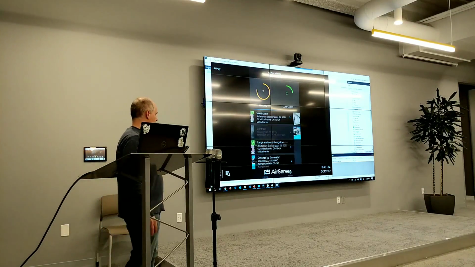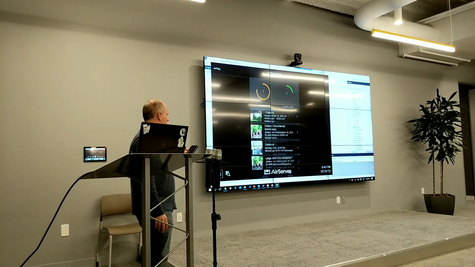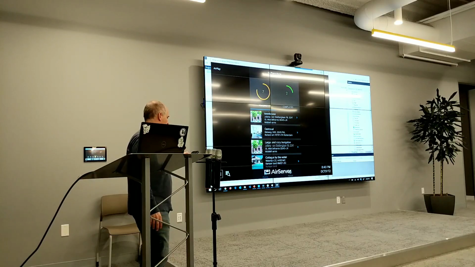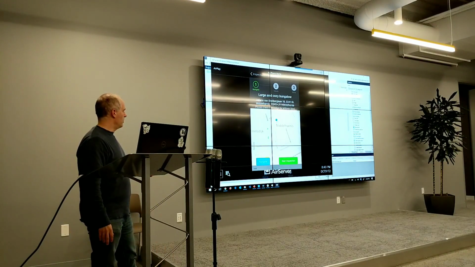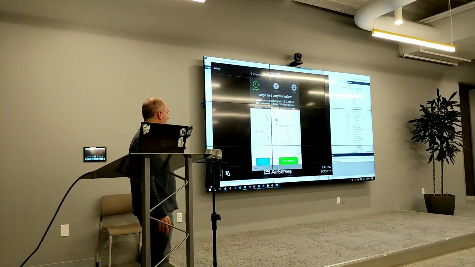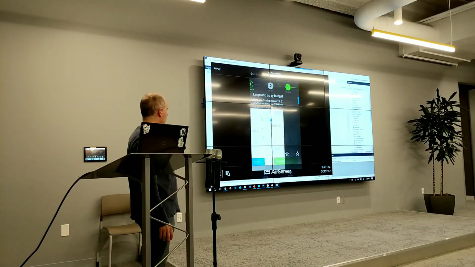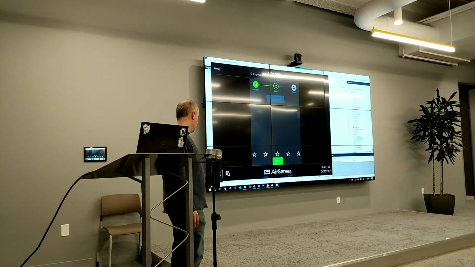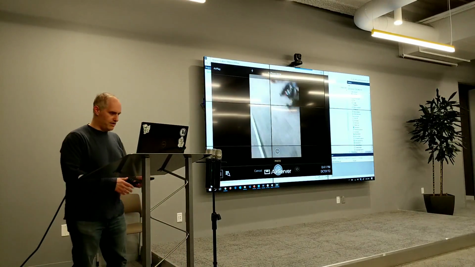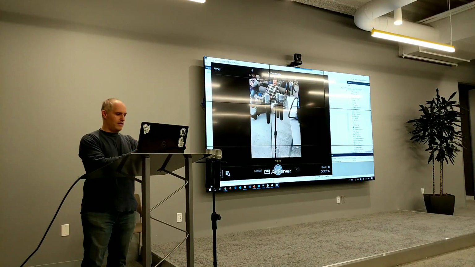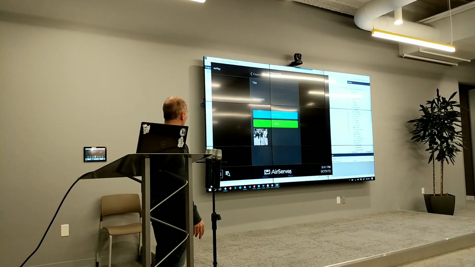But now we get really smooth scrolling, and we get a really nice user experience. Very, very much like what we're used to with React Native mobile applications. In addition to that, I can go ahead and start an inspection, and that will bring me into different pages, and I can create a new issue, and I can take a picture, and that will bring the phone right up, and I can look at this, take that picture,